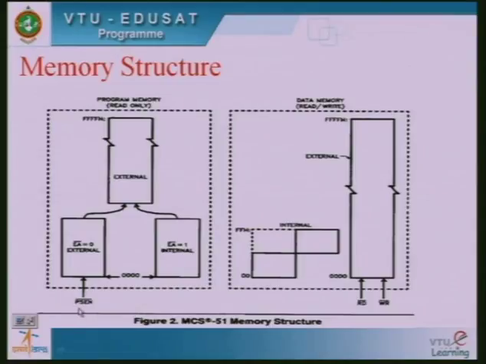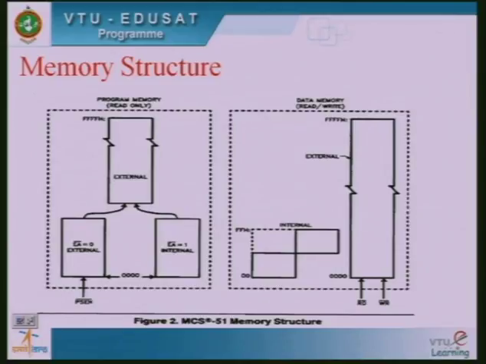One is the program store enable pin, PSEN it is called. We will discuss it a little bit after this. The other is the external access pin, EA. Both are active low, as you can see, EA bar and PSEN bar. So program store enable and external access, both these pins will help us select either internal or external memory